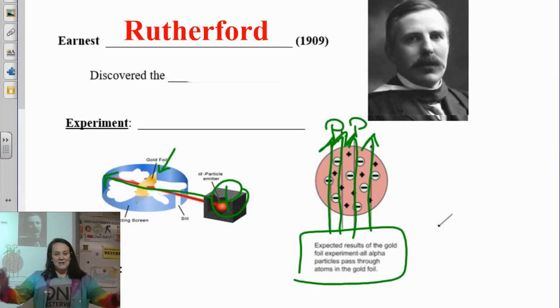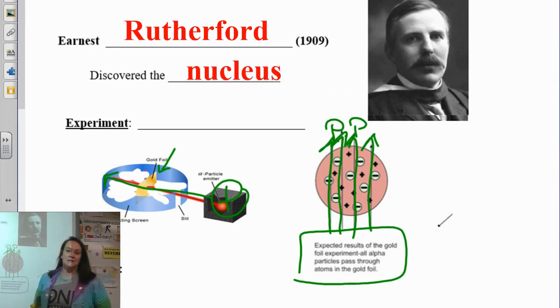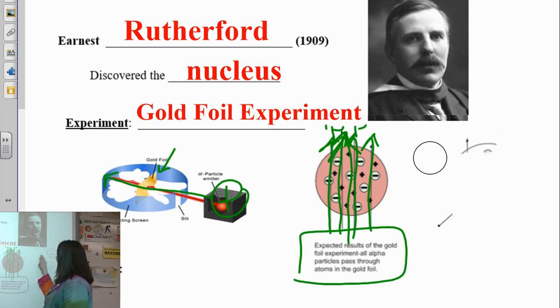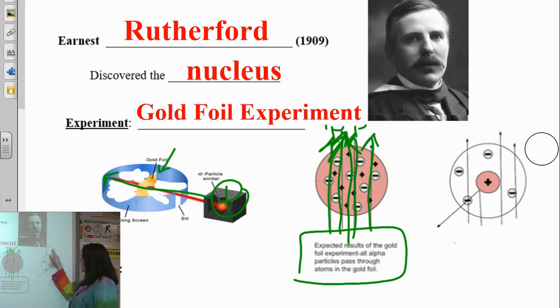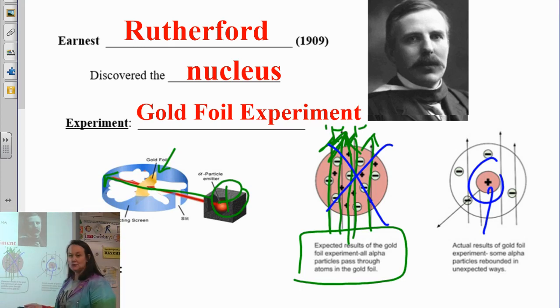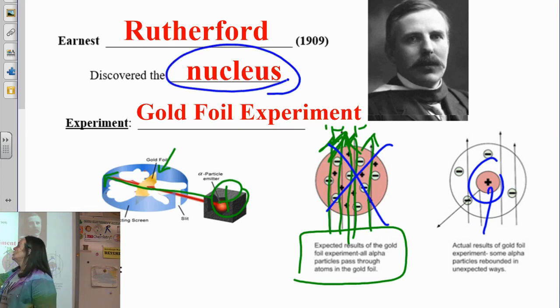So let's break down what he said happened there. Basically, Rutherford discovered the nucleus. When he discovered the nucleus, he did the gold foil experiment. He thought that these particles were going to go right through the very, very thin piece of gold foil. But what actually happened was the alpha particles went through and actually hit something. So we know that Thomson is out, and he was not necessarily correct with just the mush in there. What we have is this nucleus.